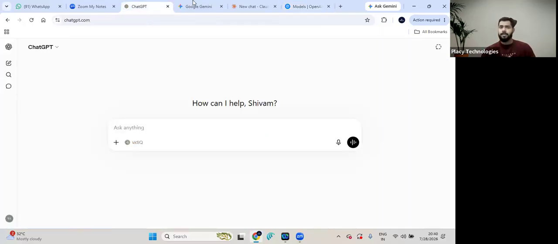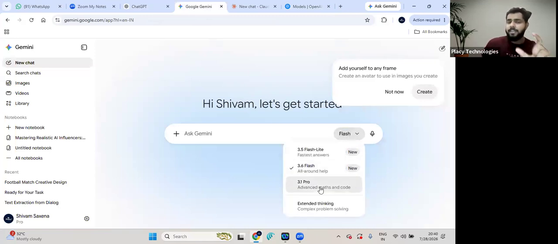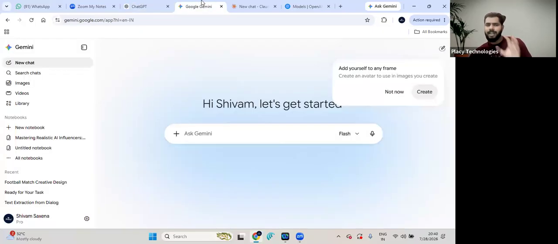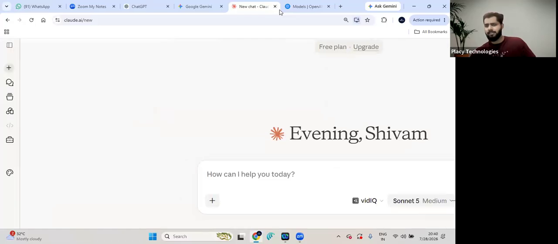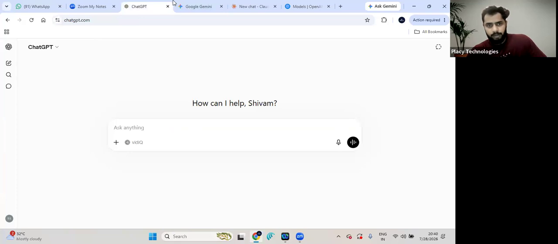ChatGPT is a website. Gemini is a website, but the models inside of these are large language models, right? So now you actually know what a large language model is, and why they are even called large language models. Perfect. So most of the time, in general, in the field of AI, we just say ChatGPT is a large language model, Gemini is a large language model, and Claude is a large language model, and other tools are also available, by the way. So these are large language models, right?